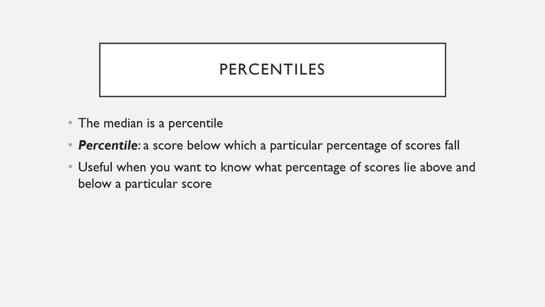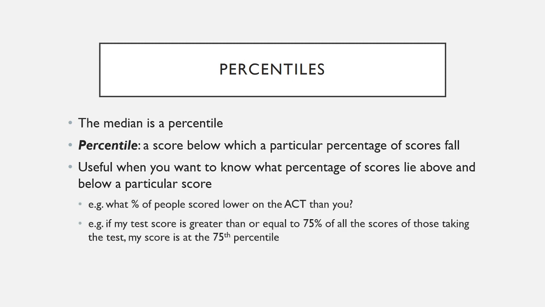So percentiles are in general useful when you are motivated to know the percentage of scores that lie above or below any particular score in the data set. Again, standardized tests are a major example where percentiles are used. Essentially, instead of using your raw score for how you performed on the exam, the idea is the percentile sort of compares you to all of the people who took the test concurrently the same year that you did. So it's just a different way to depict what your outcome was on the ACT or the GRE.